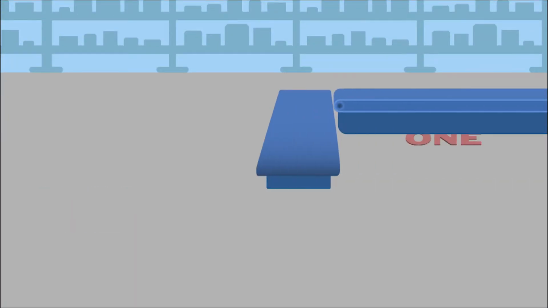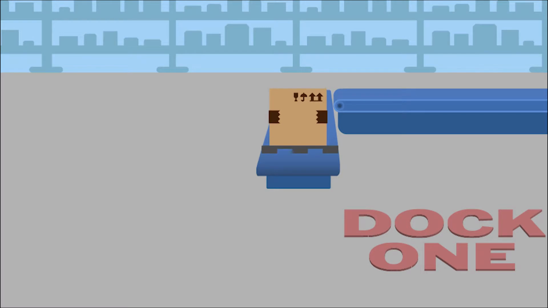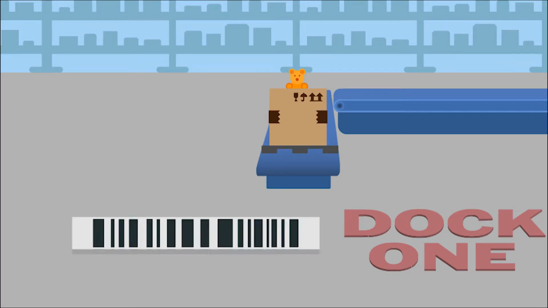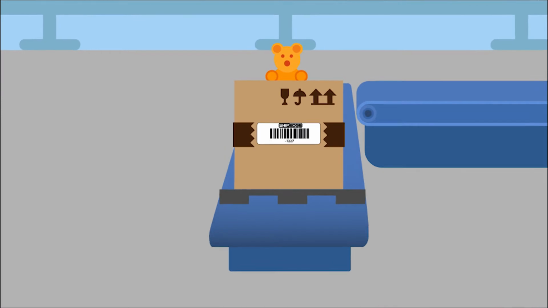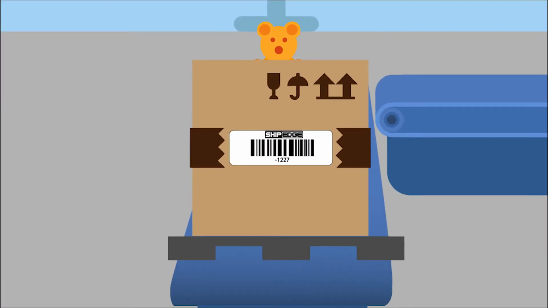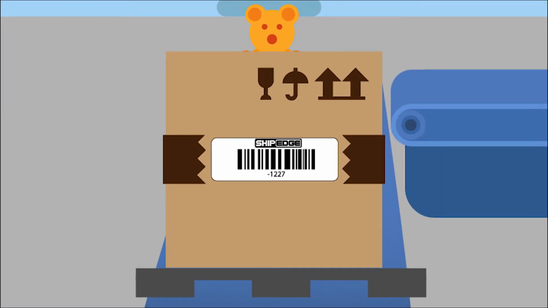Here's how they work. Let's say you have a pallet come into your warehouse. You look inside and see that it is a large shipment of teddy bears. To turn this pallet into a movable bin, you scan the pallet into the system, print out a bin tag, and stick it to the pallet. Notice that the bin tag is just a number instead of a series of letters and numbers. This is because your movable bin is not tied to a specific location.